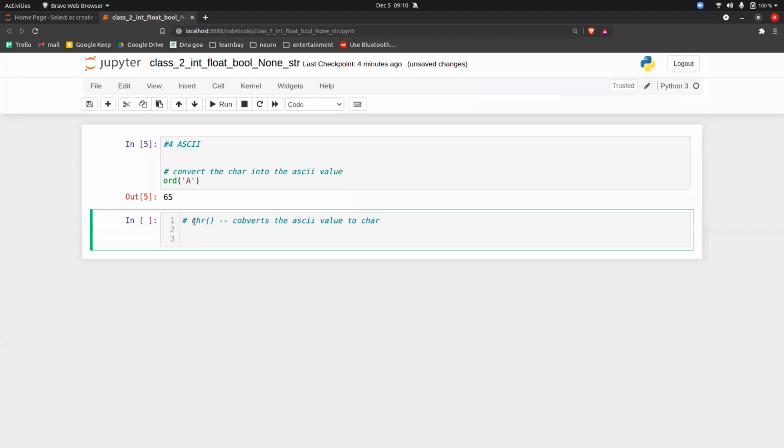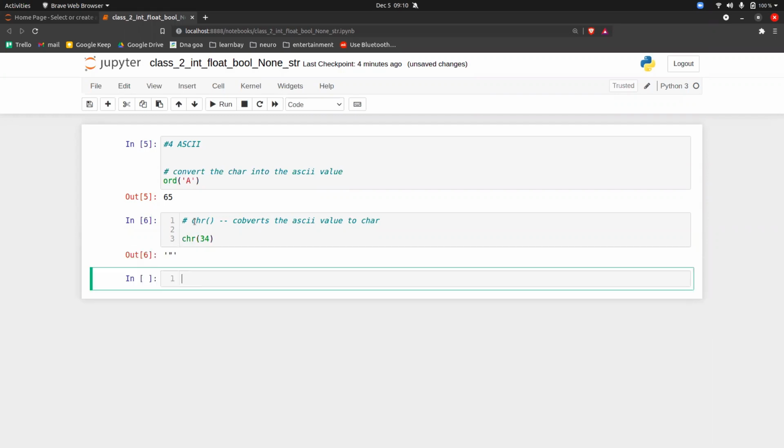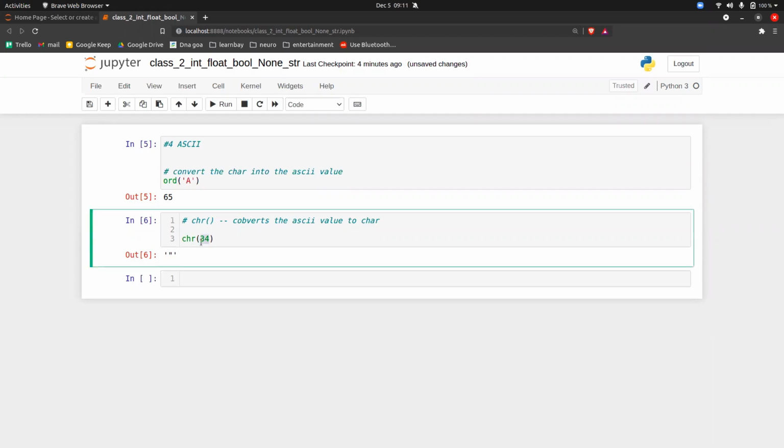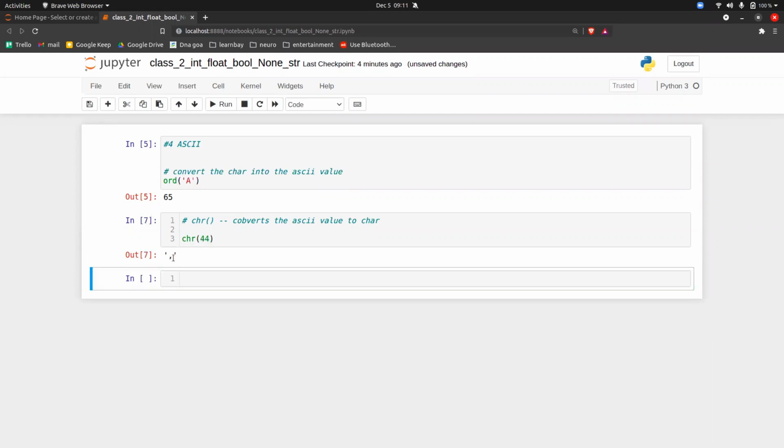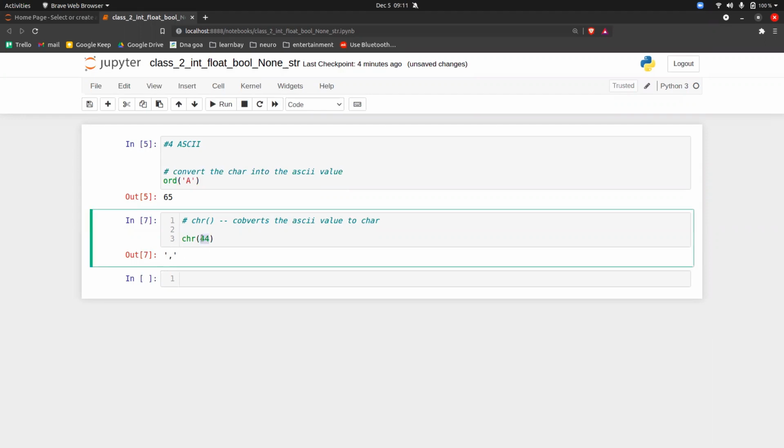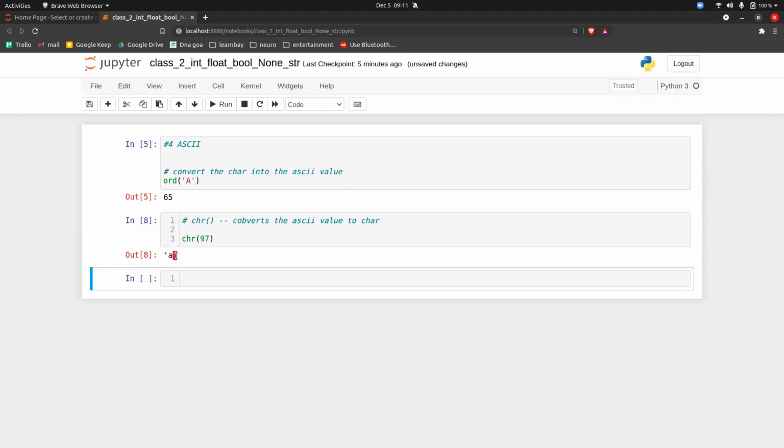For example, 34 is a double inverted comma. If you go for 44, it is a comma. If you go for 97, it is a.